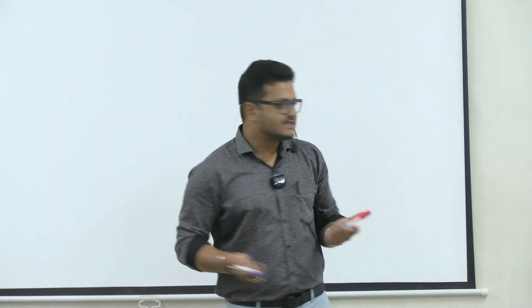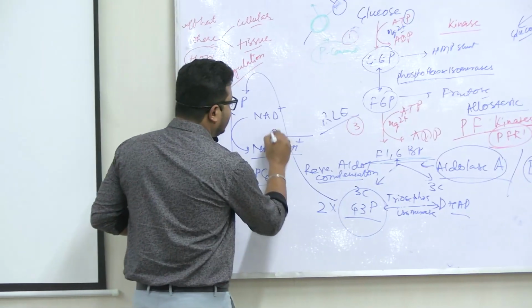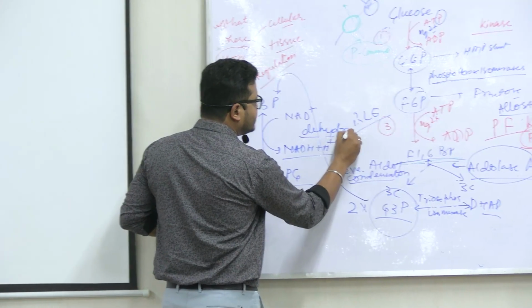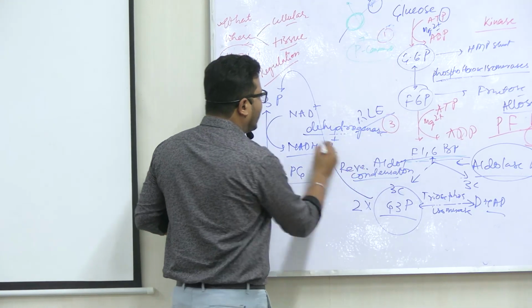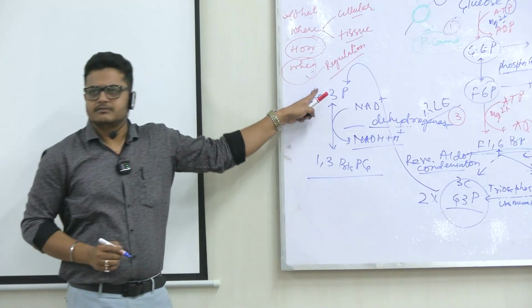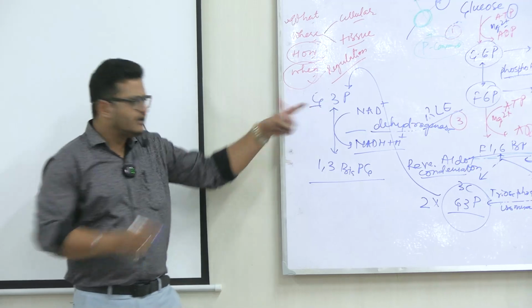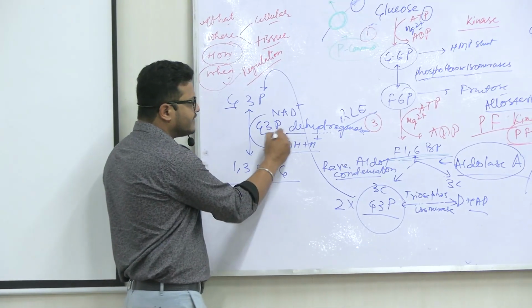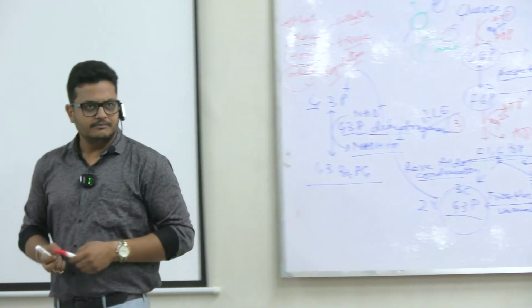Simple. The suffix should be dehydrogenase. Yes or no? Add the prefix. Substrate name is glyceraldehyde 3-phosphate. Write it: glyceraldehyde 3-phosphate dehydrogenase. How simple it is, look, there is no need to rote learn, absolutely not. If you go through this way, mugging up is not needed. Understand? Okay? But